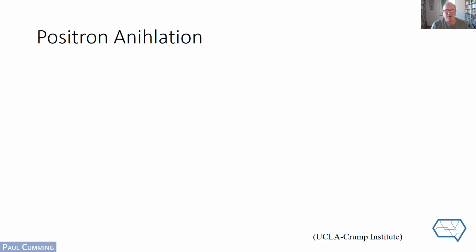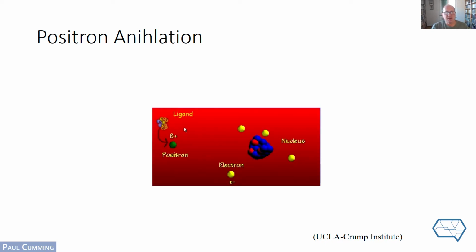Next slide, skip over that one. That was out of order. So here, if you click again, you'll see the principle of positron annihilation. Advance the slide. So there you see a proton, and a nucleus on the right-hand side occurring in the medium of the brain, and a ligand, that is the molecule that contains, let's say, fluorine-18, and decays with a